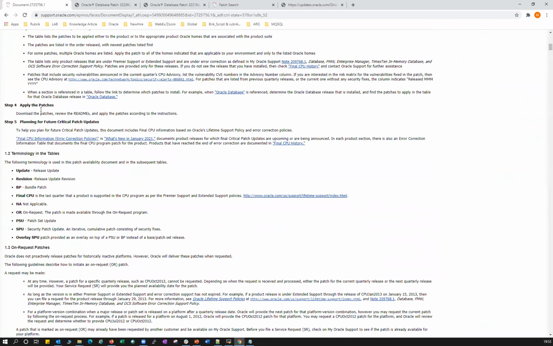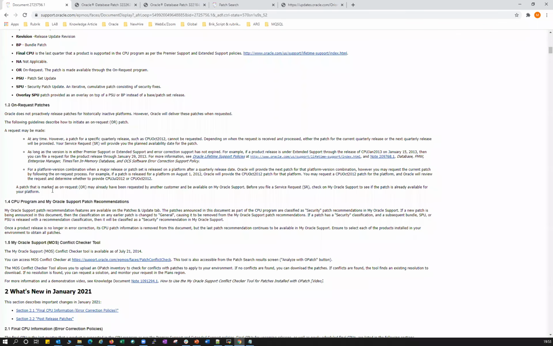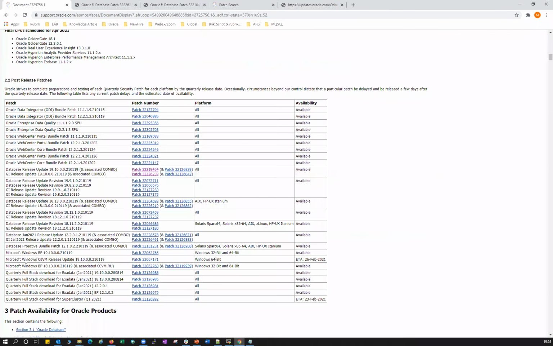You can see, as I said, they have patches for ODI, for WebCenter, for the database, and for everything, like Microsoft and Exadata. Whichever you want, you have to pick it up. I'm interested in this one: you can see database release patch and GI release patch. This is the overview.